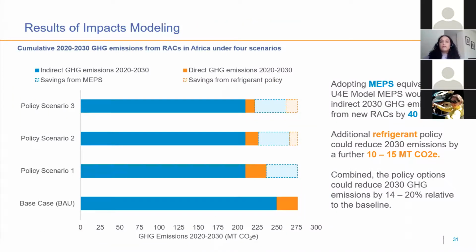Based off of these assumptions and our modeling, we found that adopting MEPS equivalent to the U4E model MEPS would reduce indirect 2030 greenhouse gas emissions from new room air conditioners by approximately 40 megatons of CO2. And as well, additional refrigerant policy could reduce 2030 emissions by a further 10 to 15 megatons of CO2. Thus, combined, the policy options we modeled could reduce 2030 greenhouse gas emissions by somewhere between 14 to 20% relative